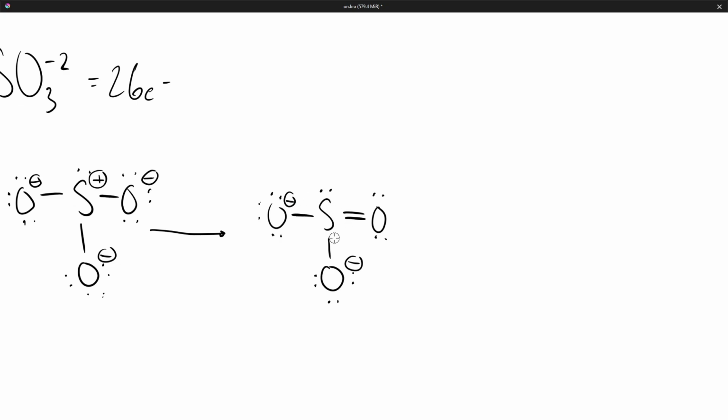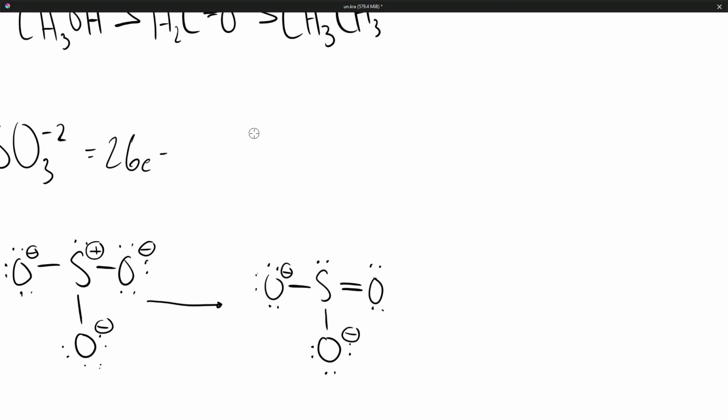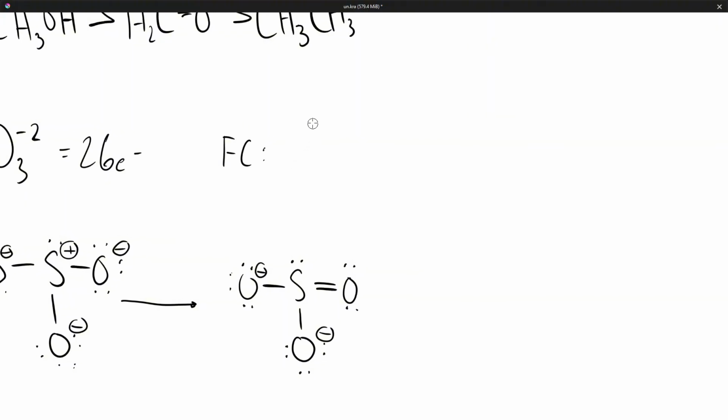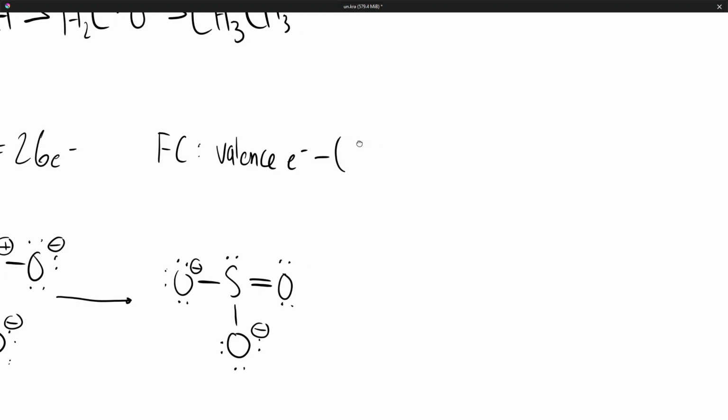1, 2, 3, 4, 5, 6. 0. To find formal charge, in case you guys don't remember, it's your atom's number of valence electrons minus the sum of lines, like this right here, lines, or in other words, bonds,